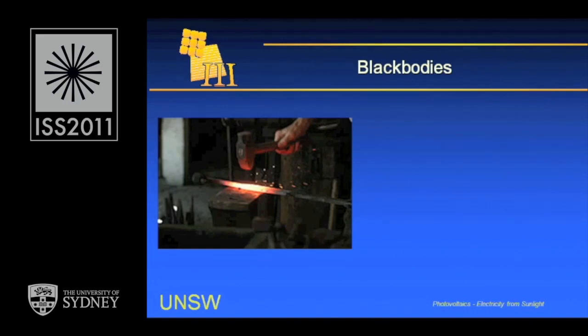The next topic I want to talk about is black bodies. We all know if you heat a bit of metal up, like in this blacksmith shop, as you heat the metal hotter and hotter, it first glows red and then yellow and then white, as can be shown here. In the 19th century, there was interest in trying to understand the spectrum of colours emitted by hot bodies. And the black body was an ideal emitter to look at, because it had the maximum possible emission of light of any colour because of its